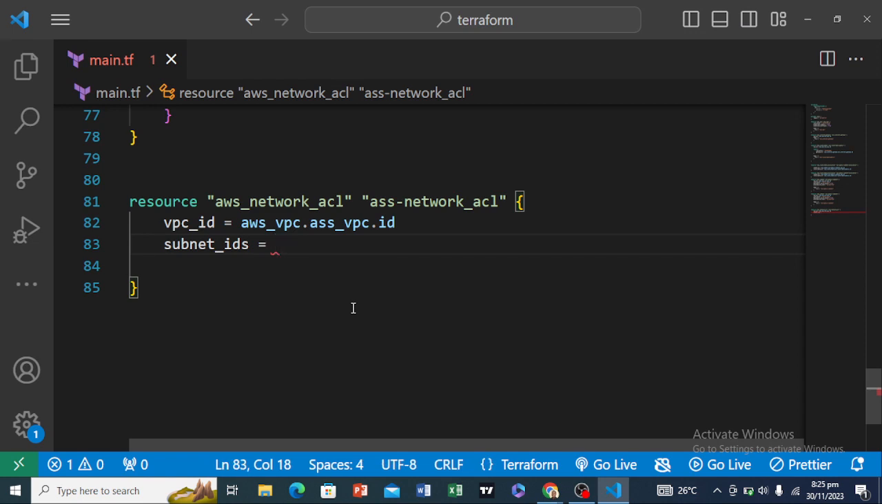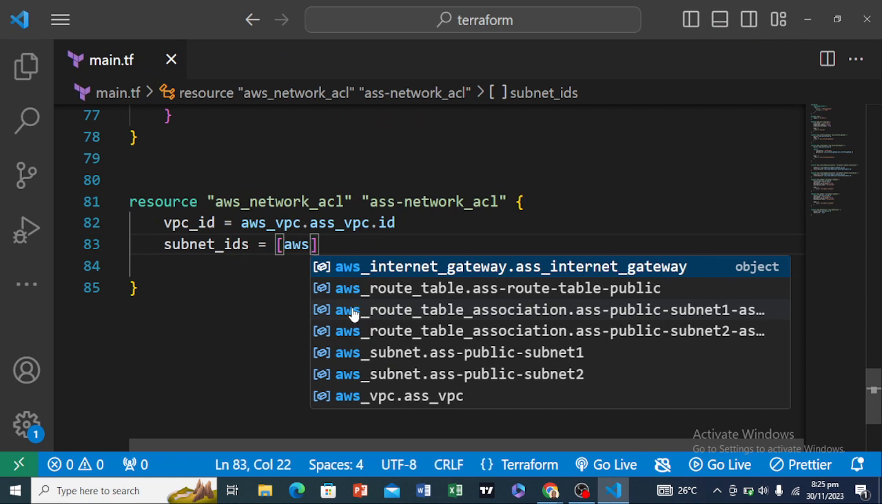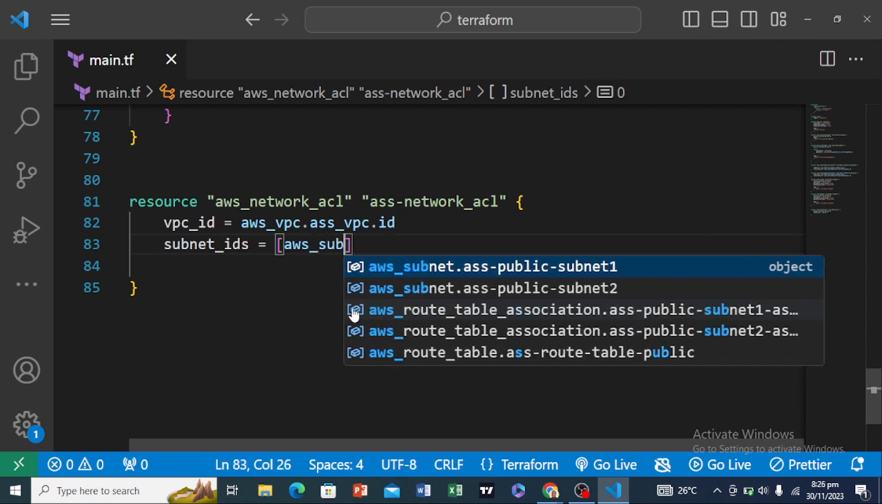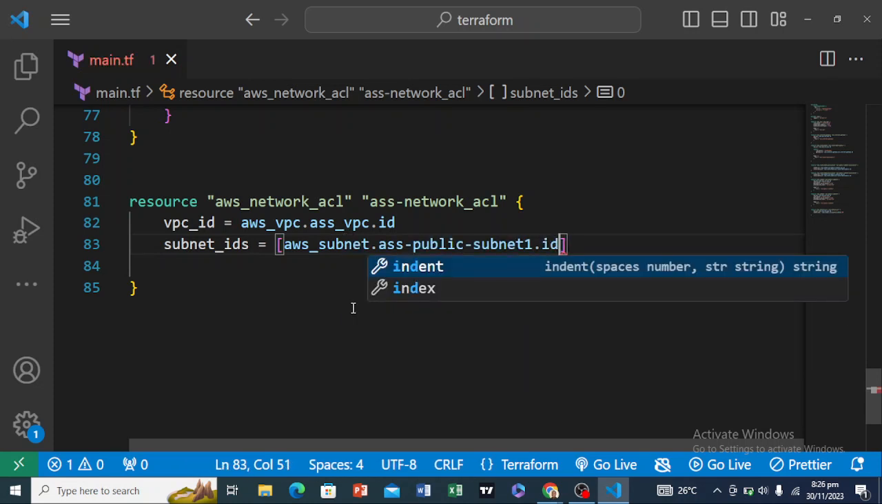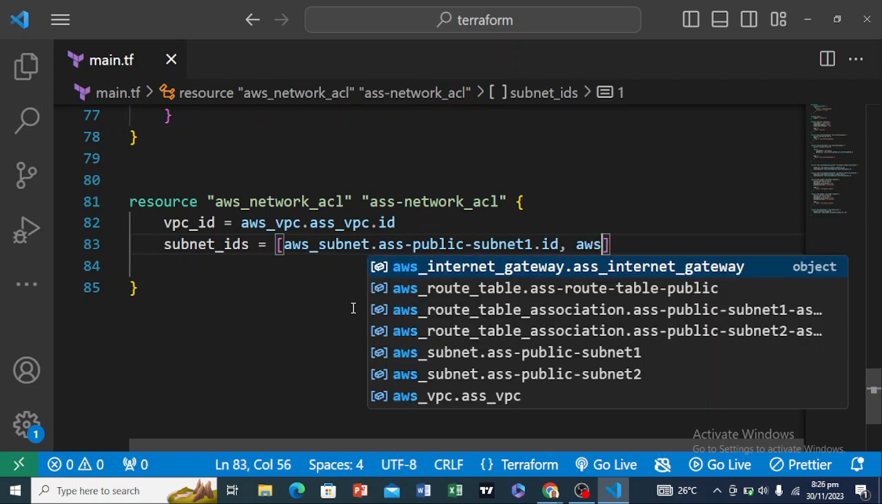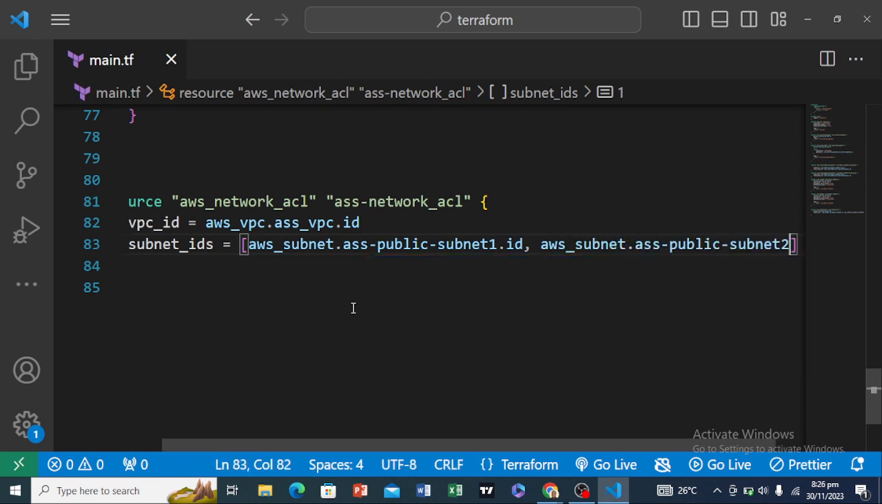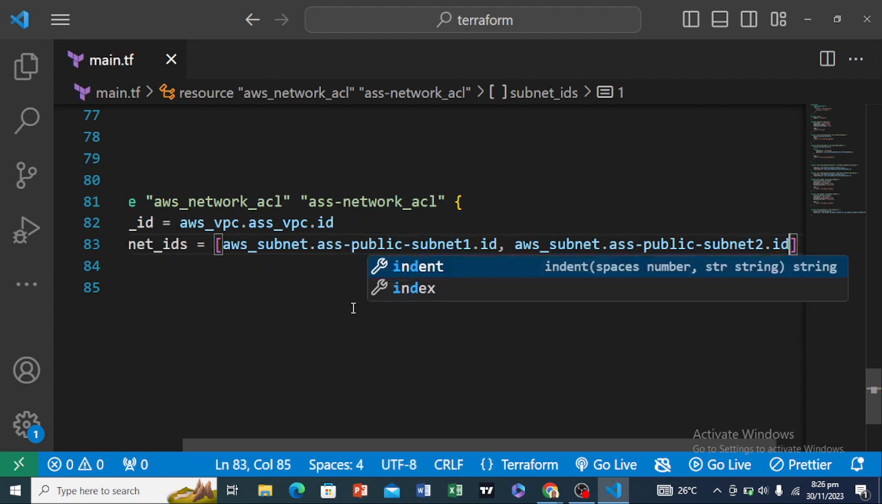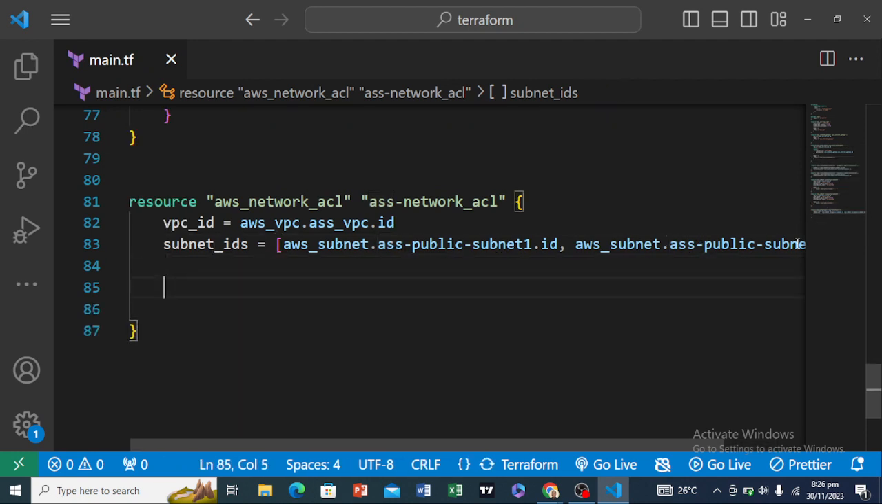And we are going to use an array here. So AWS underscore subnet, this is the first subnet dot id. Then we're going to use a comma, and we're going to do the same thing, AWS underscore subnet, then we're going to tag the second subnet, then dot id. Exactly. So now that we've done this and we have the two subnets already here,